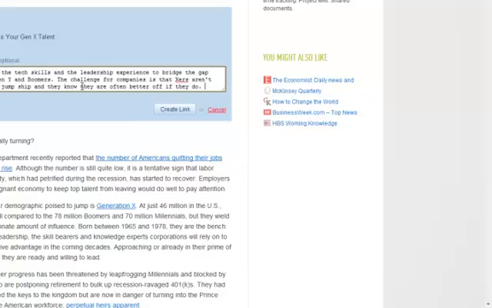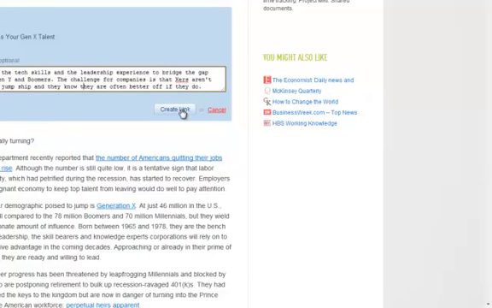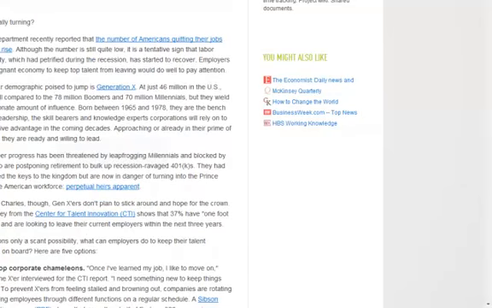So quick little post there, and then what I can also do here is I can highlight that. What I'm going to do is it creates a link, posts it to Tumblr for me,